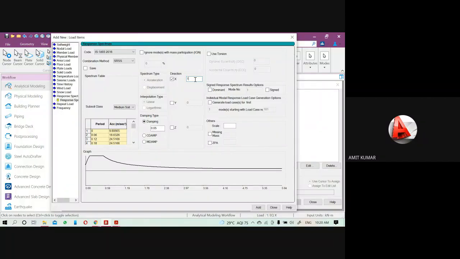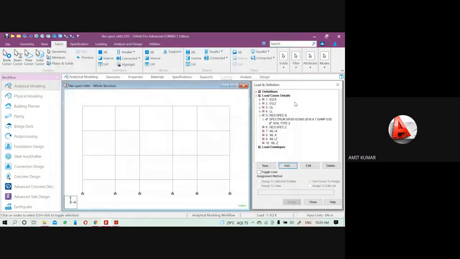From the output we will get the VB value, that is the base shear value, and according to this VB value we have to calculate the direction factor value. How we will calculate it, I will show you, just wait. So this is RSS, the spectrum along the X has been added.